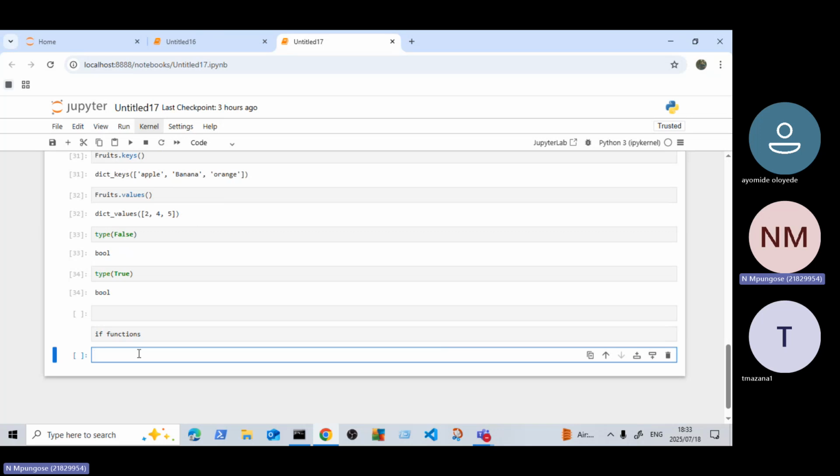The if function is used especially when you are automating, and also when you are creating an algorithm in machine learning. So this is where you use an if function. So let's say last time we spoke about the operators. We said under operators